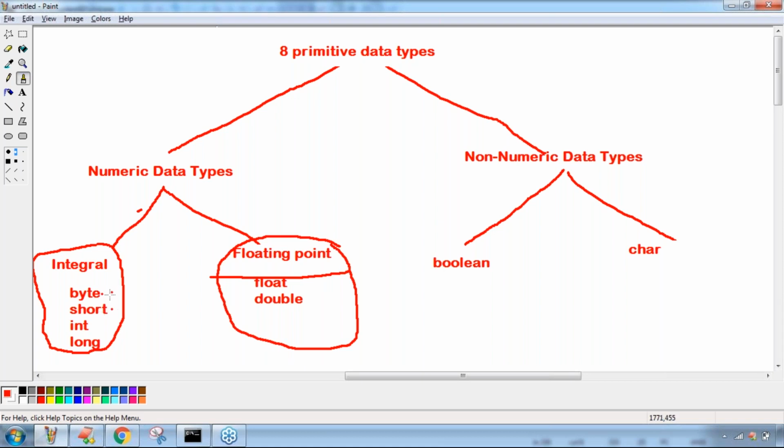Now, what is the difference between byte, short, int, long? Small values byte, next bigger value short, next bigger values int, very long values long type. Based on the value you have to choose the corresponding type. But what about float and double?